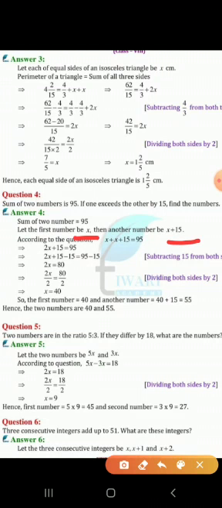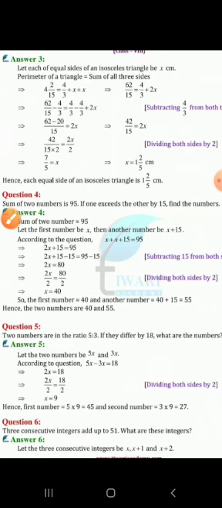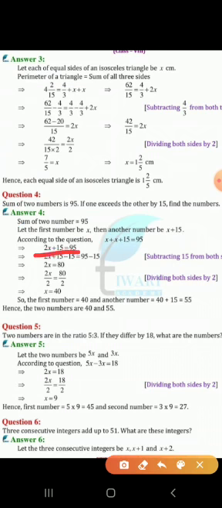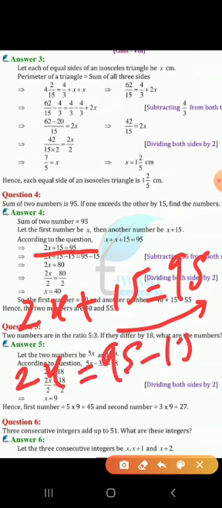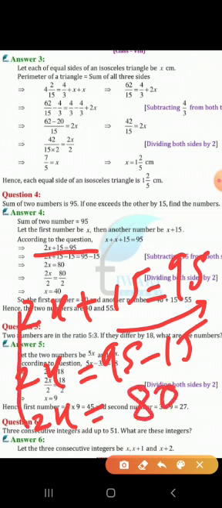Now let us form the equation. It is given the sum of two numbers is 95. So let us add these up. What you will get? x plus x plus 15, it will give you 95. So x plus x will be what? 2x plus 15 equal to 95. This only we can solve. Now here the 15 we can change from the left hand side to the right hand side. Plus 15 will become minus 15. So 95 minus 15, how much will it be? 2x will be equal to 80.